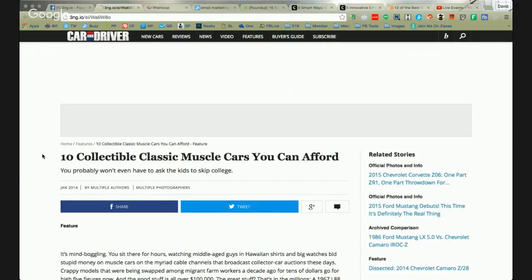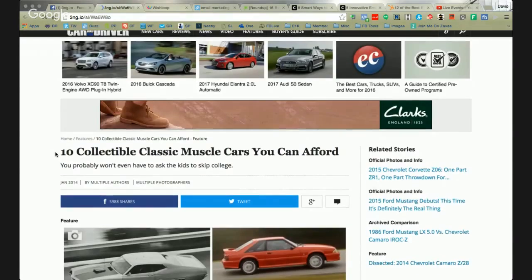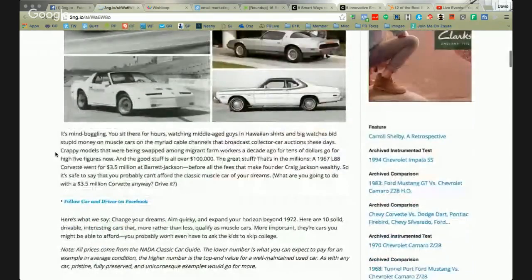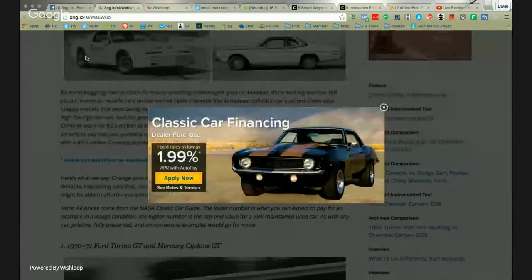It's from Car and Driver's website, Car and Driver magazine, and you might read through this and be sort of interested. And as I go up to exit the page, there's this pop-up here. And in this case, this isn't a list building pop-up, but it certainly could be.